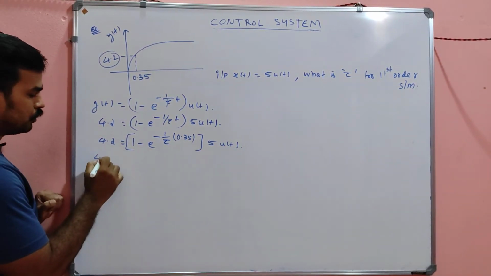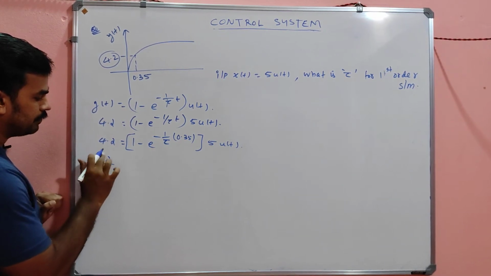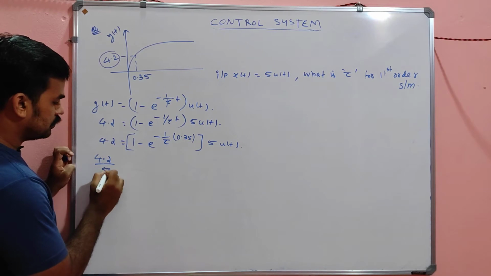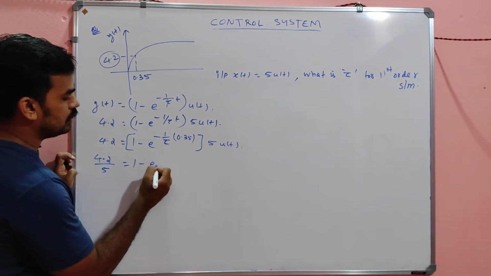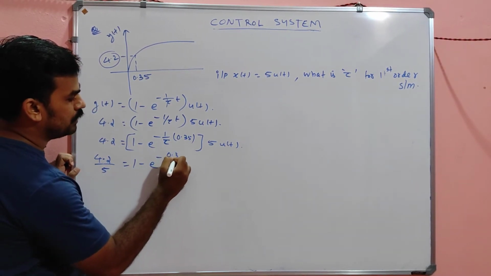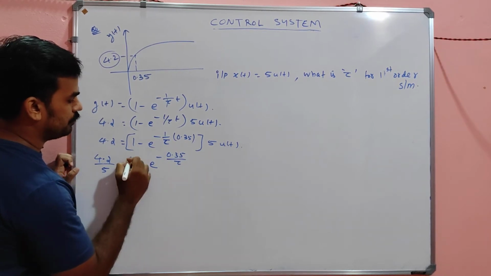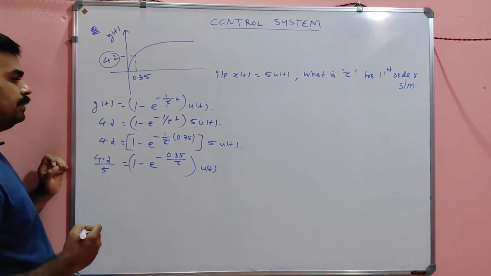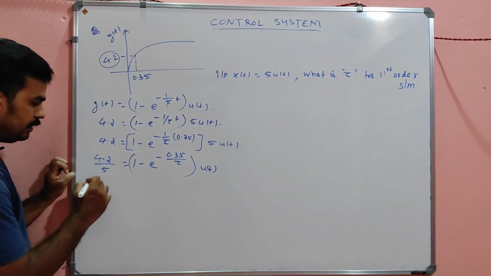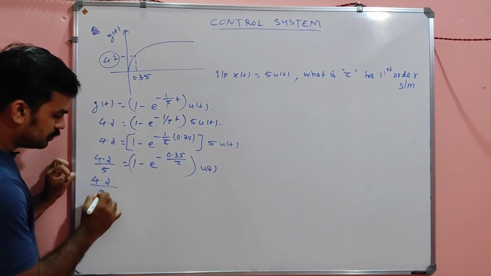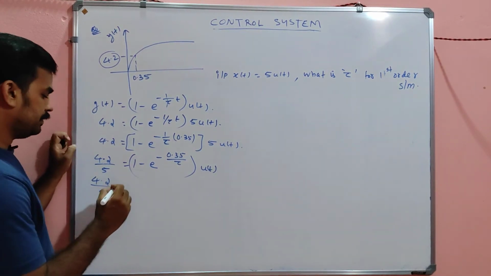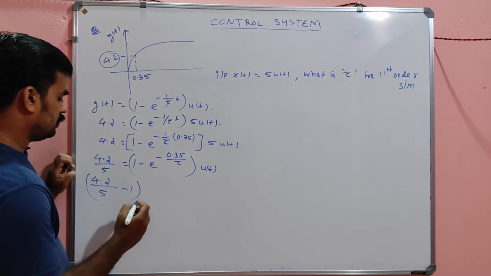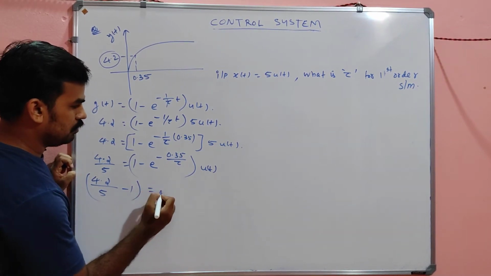So it will become 4.2 by 5 equal to 1 minus e raised to minus 0.35 by tau. So it's simply 4.2 by 5 minus 1 equal to